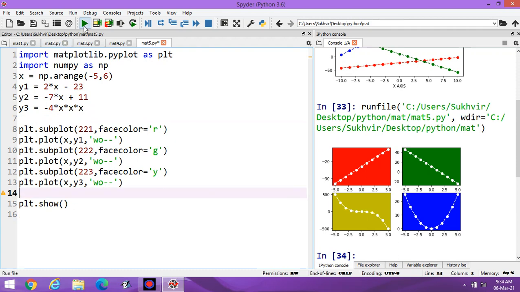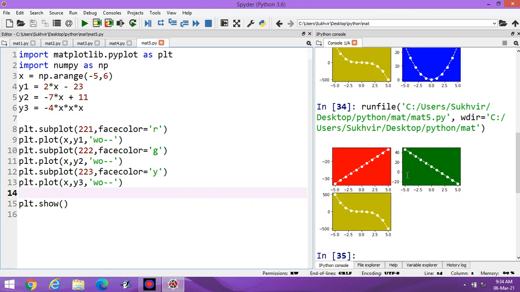You can design only 3 graphs at those particular locations, 221, 222 and 223. The first one is the row and column combination, 2 into 2.